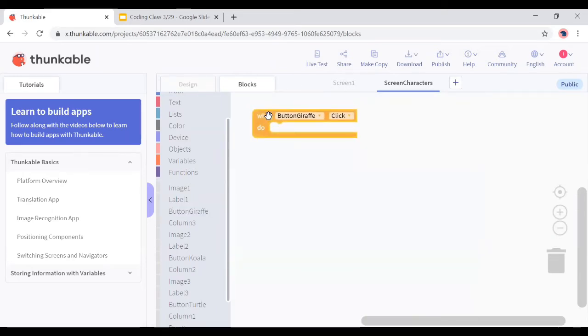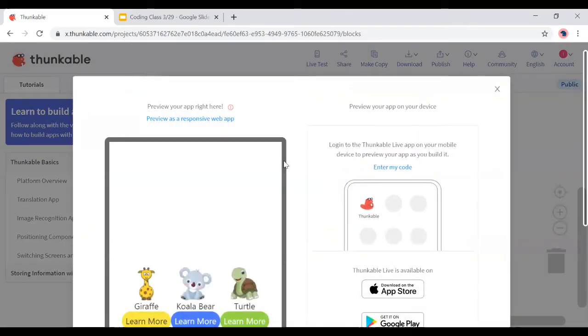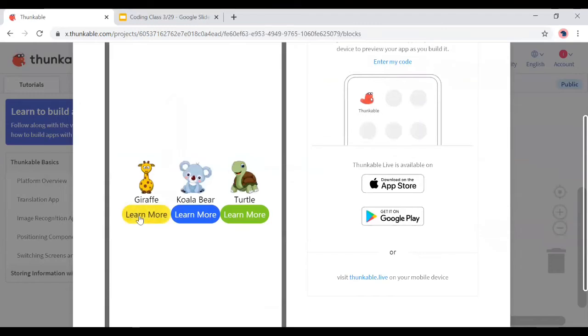block, bring that in. And so how we want this to work is, I'm just going to do a live test to show you, is when you press on the button, we want to go to a screen that explains a little bit more about the character of the giraffe. So to do that,